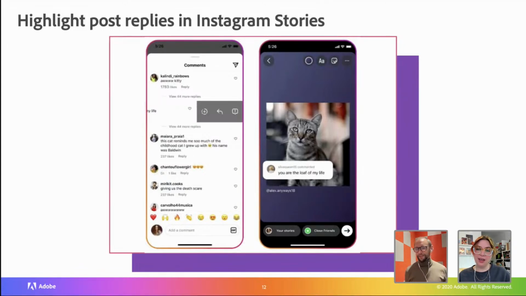This is cool. I personally really like it because this is like the next level of engagement. So now we can reply to comments on Insta with a story. Here we can just take this comment, swipe, make it a story, and then reply to that comment with a story. So it really helps build that audience engagement, build that participation, because social media is not about posting once and then hoping people will take some action. It's about encouraging participation at content. So yeah, love this one a lot.